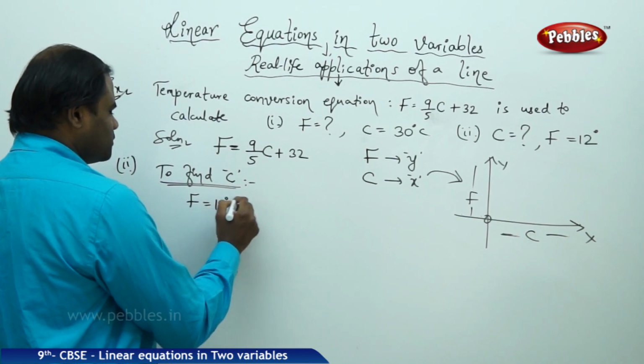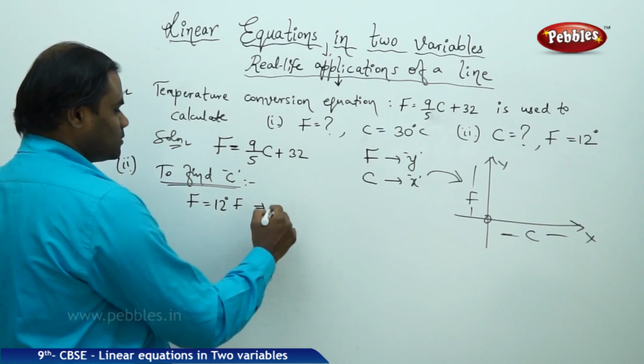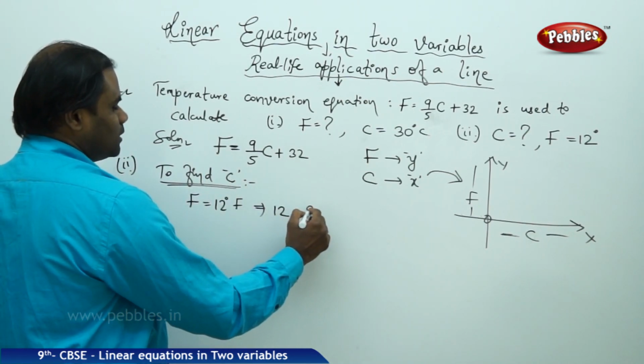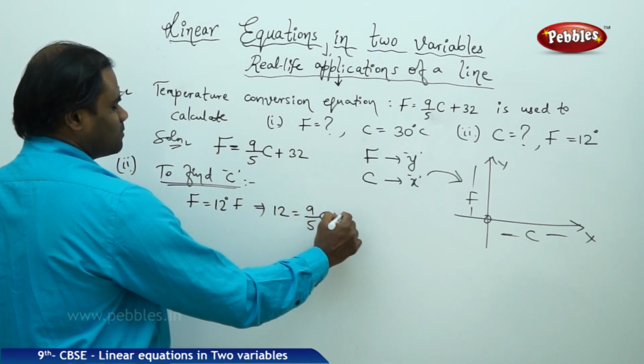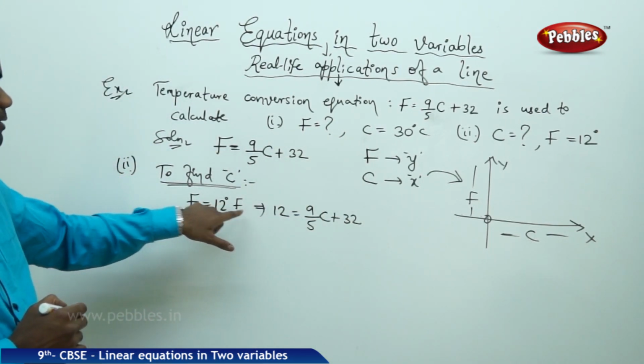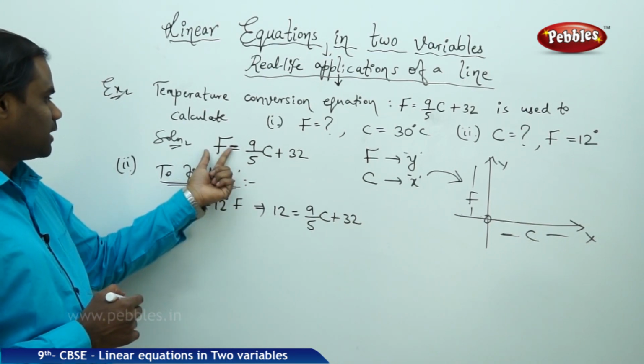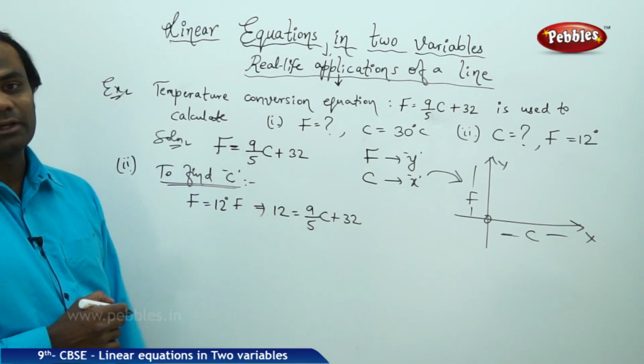F is given to be 12 degrees Fahrenheit. That implies when I substitute into the given equation, 12 is 9 by 5 times C plus 32. So when F is 12 degrees Fahrenheit, I convert by substituting F equals 12 and then simplifying to find